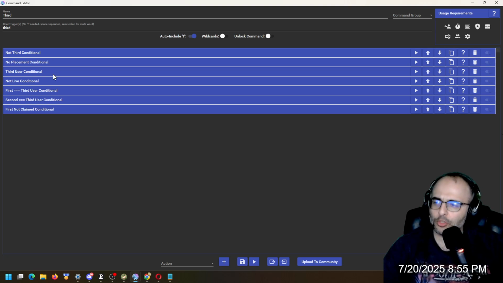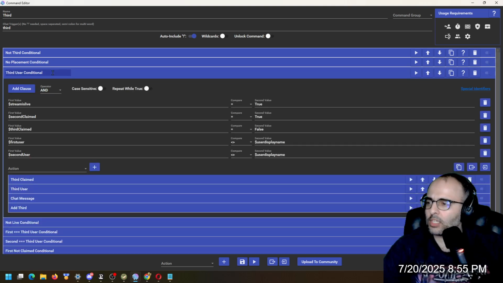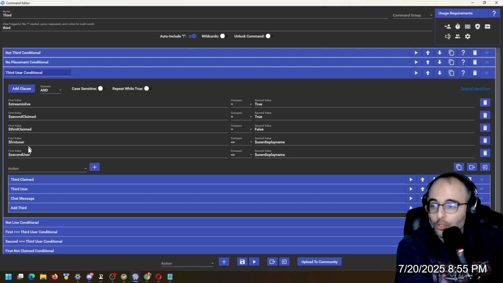Okay, third user conditional. So this means they're successfully claiming third. In this conditional, $stream is live equals true, $second claimed is equal to true, and $third claimed equals false. And $first user does not equal $user display name, and $second user does not equal $user display name. That means the first and second user is not the same as the user currently successfully claiming the third command, or claiming the third. So in this conditional,